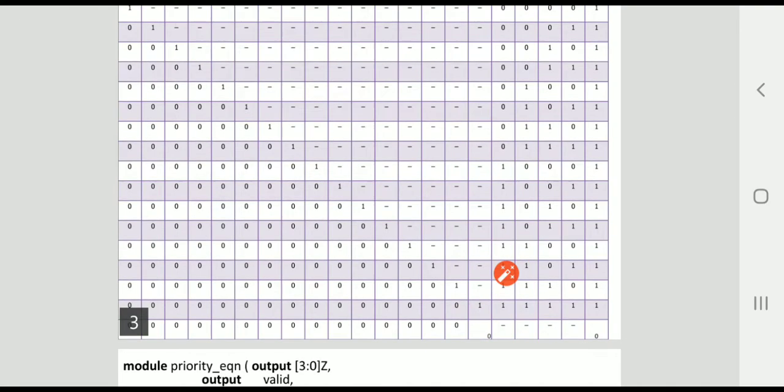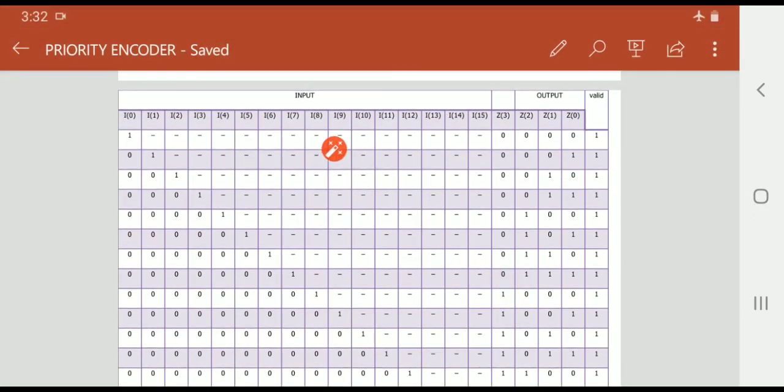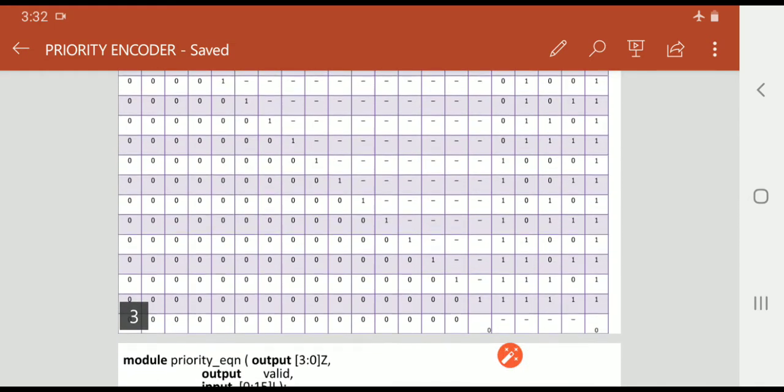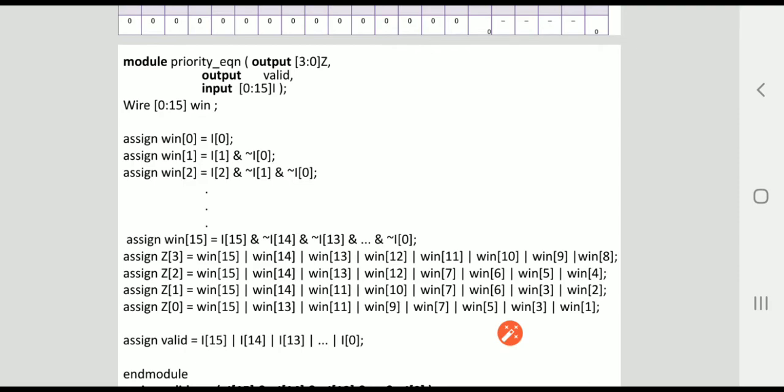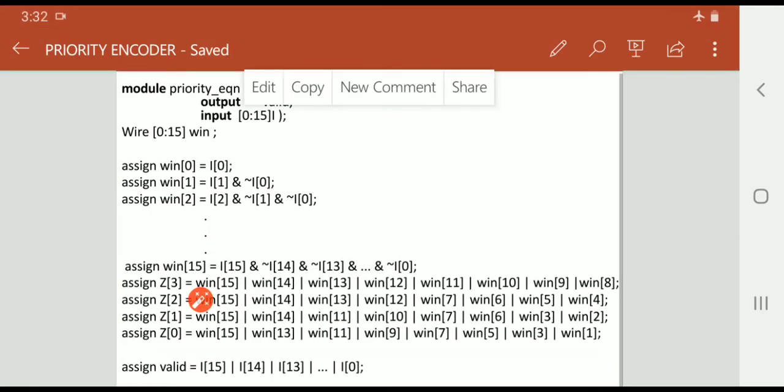These 1, 1, 1 belong to I8 to I15. Using this truth table, I can construct a sum of product equation. I of 0 is related with win of 0, and here it starts from I of 8 to I of 15. That's why the wires related with I of 8 to I of 15 are win 15 to win 8, and it is written as a sum of product equation for Z of 3.